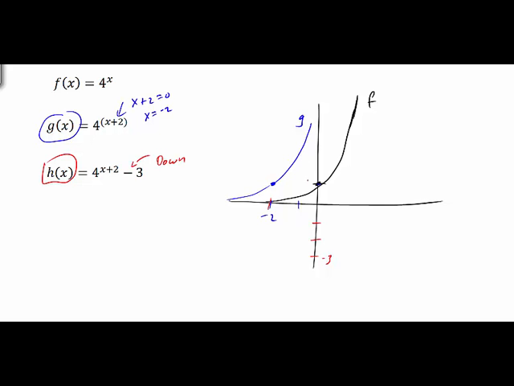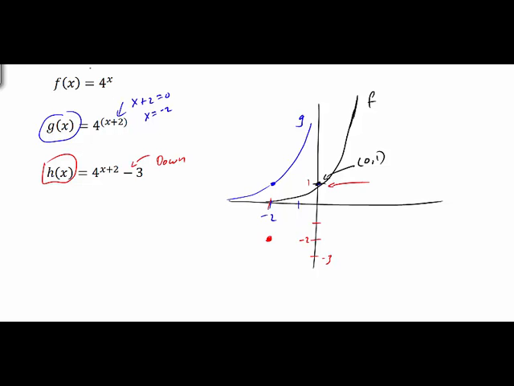This point right now is already at 1, so if we go down 3, 1, 2, 3, we're really going to be at a negative 2. So be careful with this one, because this original point is not starting at the origin, it's starting at the y-intercept here of 0, 1. So our y value is already 1, so if we go down 3,